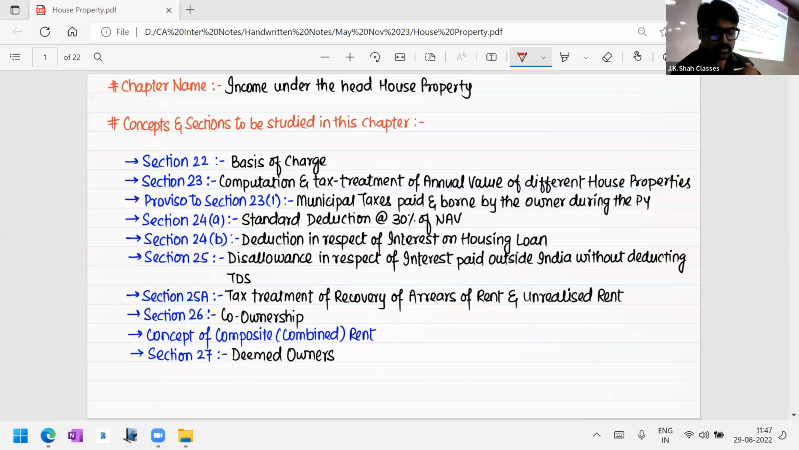We are going to start. The name of the chapter is Income from Household. Take out your indexes. In your textbook, you can see your index. Now, whatever I am telling you now, chapter number 1, put a tick mark